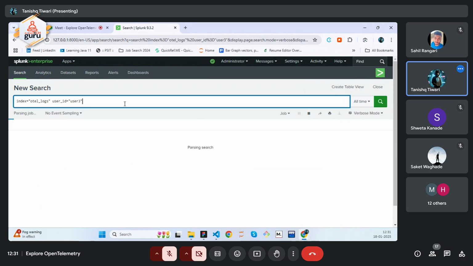Here you can see that we successfully fetched our data that contains the log message file uploaded. So if we want to perform some advanced